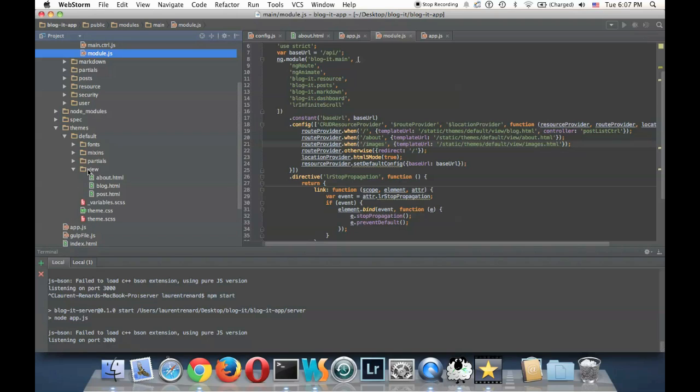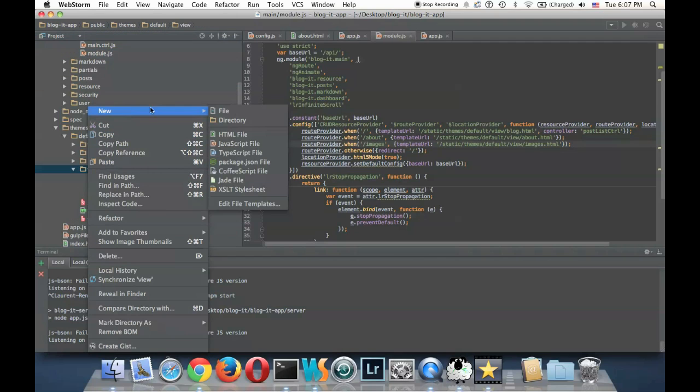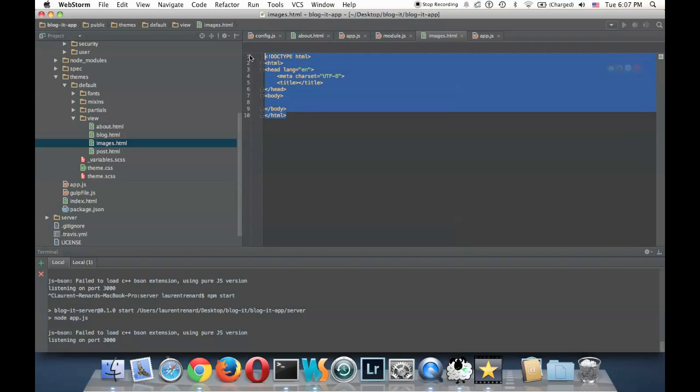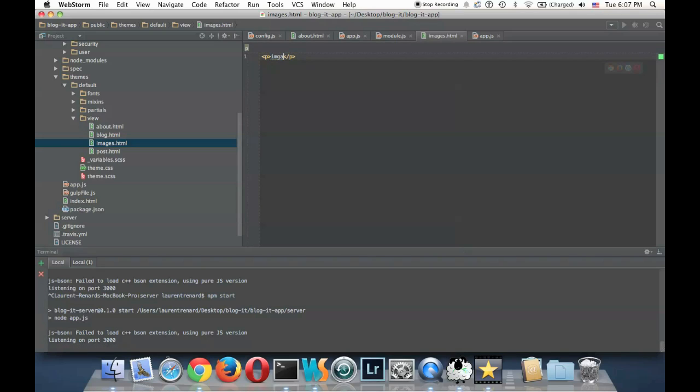It's going to be an HTML file called images.html. Okay, so for the moment, let's just put hard-coded content like this: images content. Okay, so what we want to do now is put a link in our index page